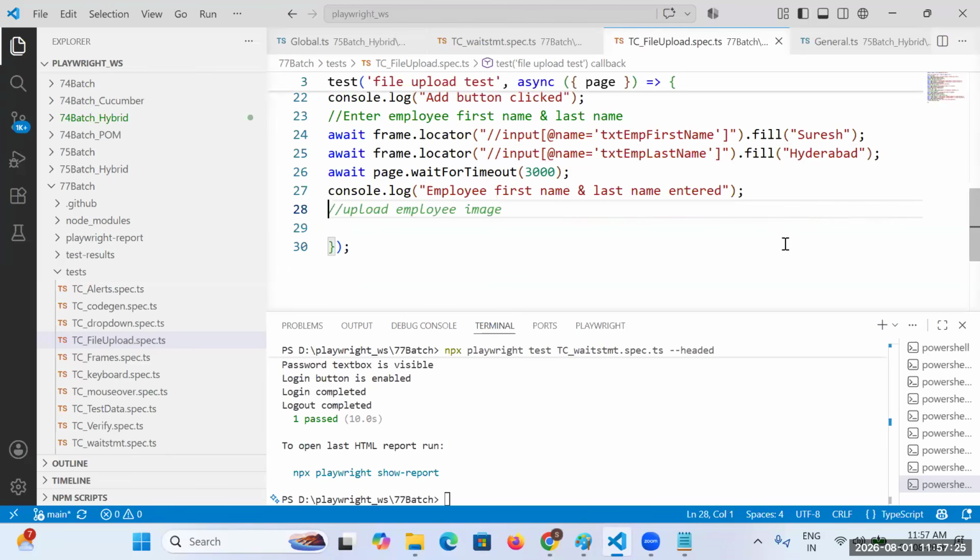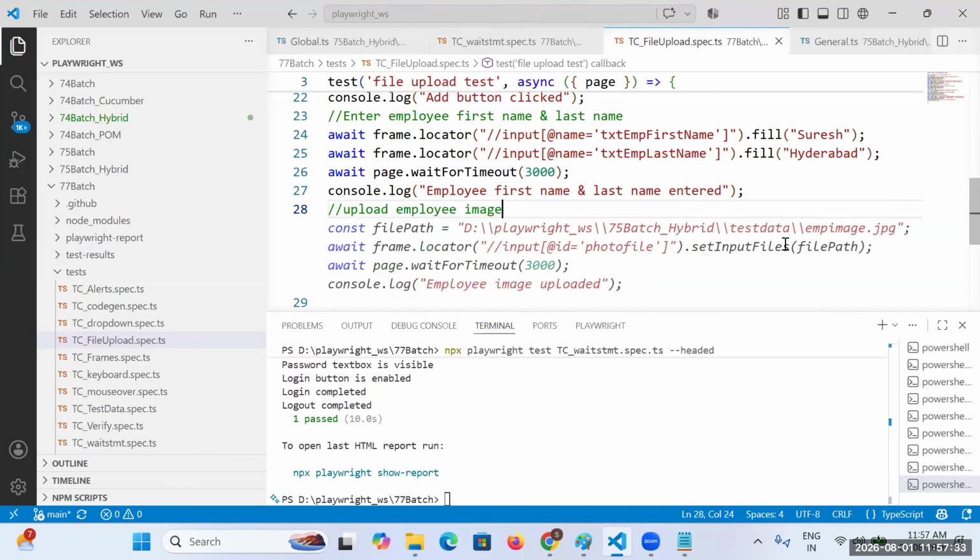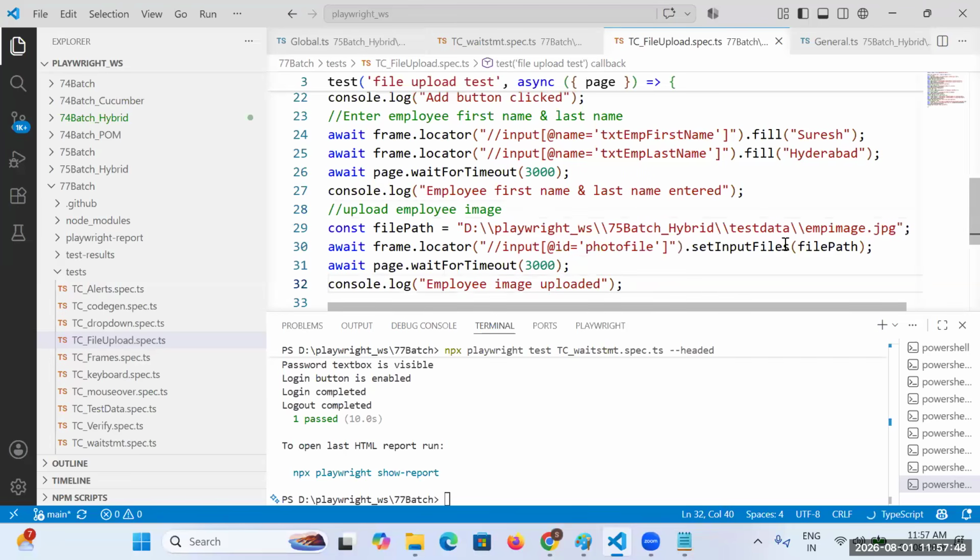But before clicking on save, you need to upload a file. You can upload any file. You can just go ahead and upload any particular file. Now you can see how file upload works. We are using a built-in method name. So while working with Playwright,